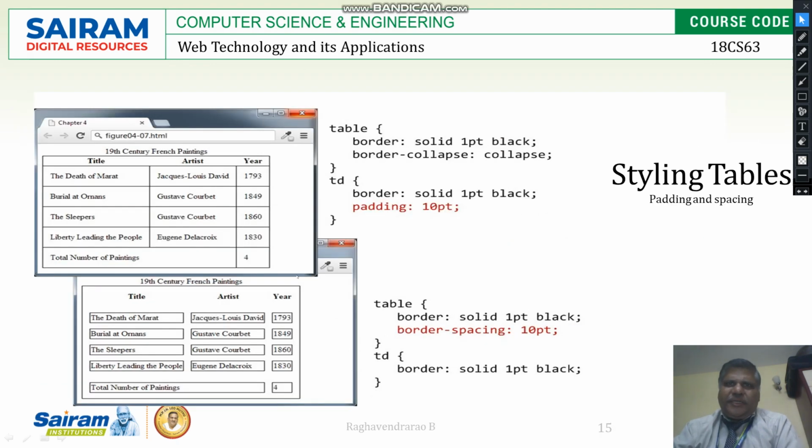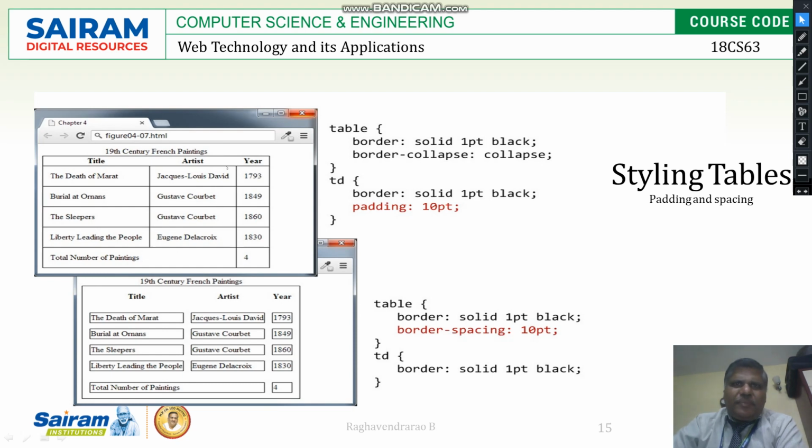So this is another format where the table border is the same, collapse is there, so it is properly written. Then there is padding here, one extra thing that has been added. Padding is 10 point. Now what is this padding of 10 point? Here it is padding, there it is spacing.